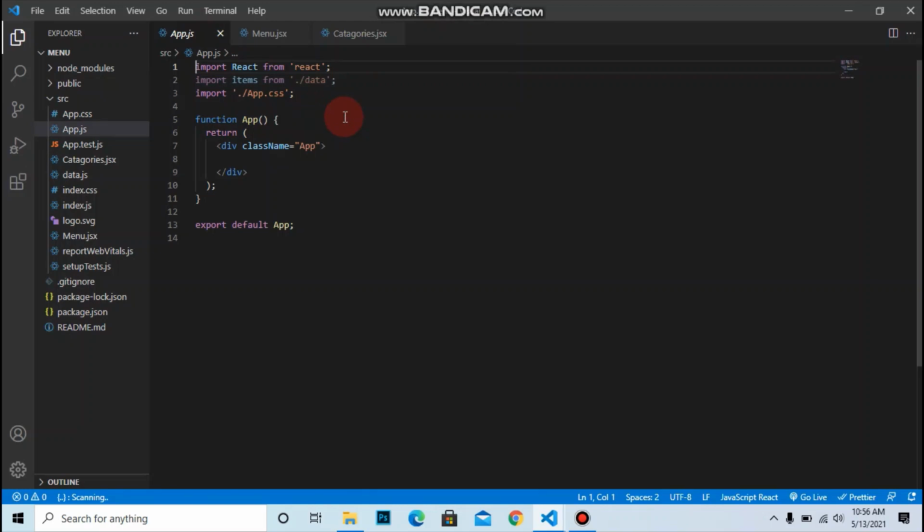Let's first declare the state variable for the menu items and the categories.